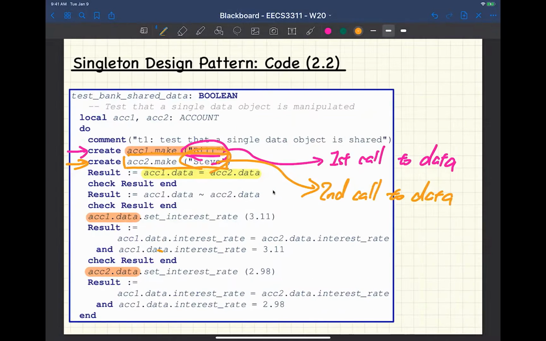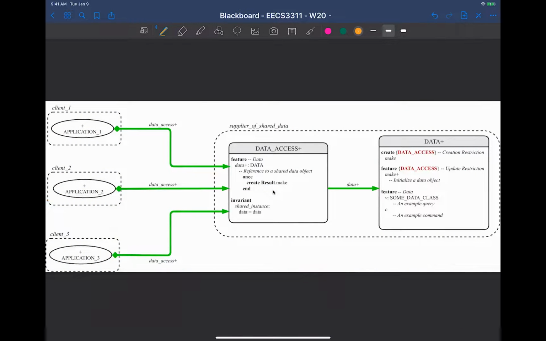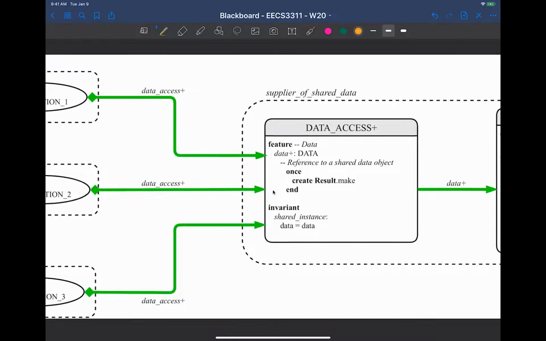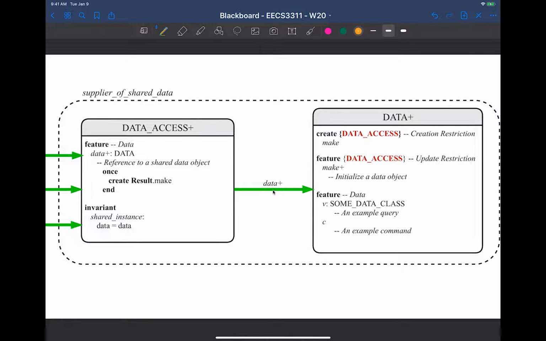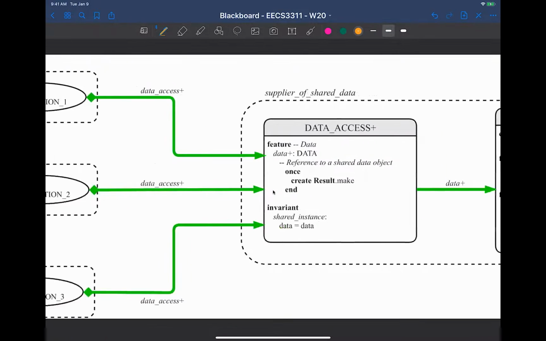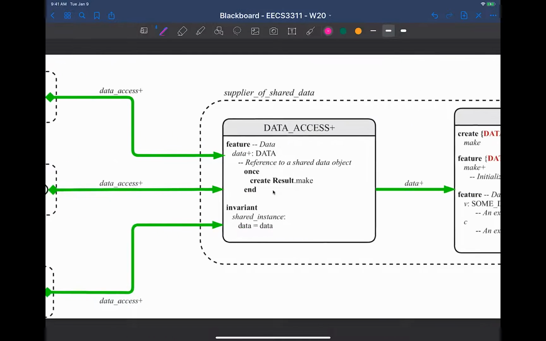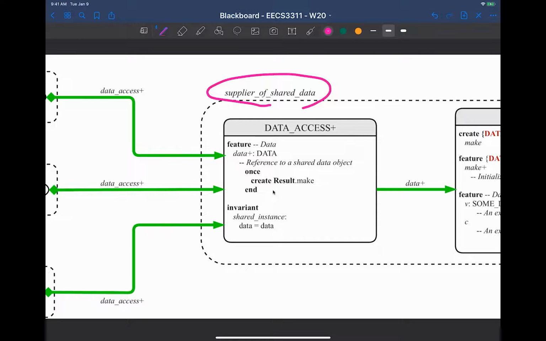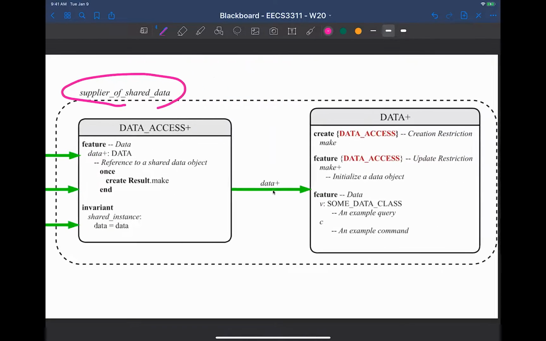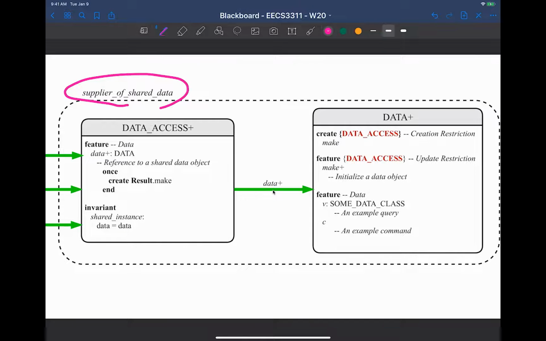Finally, I want to go over the design diagram very quickly with you, with some important things to point out when you draw a design diagram later. First of all, we have different packages over here. I simply say one package for each client, and we have some application classes, and then you also have the supplier of the shared data. Under the supplier, we present the implementation or the design for the singleton pattern. You have one class called data access, and another class called data. And then make sure in the data you explicitly spell out